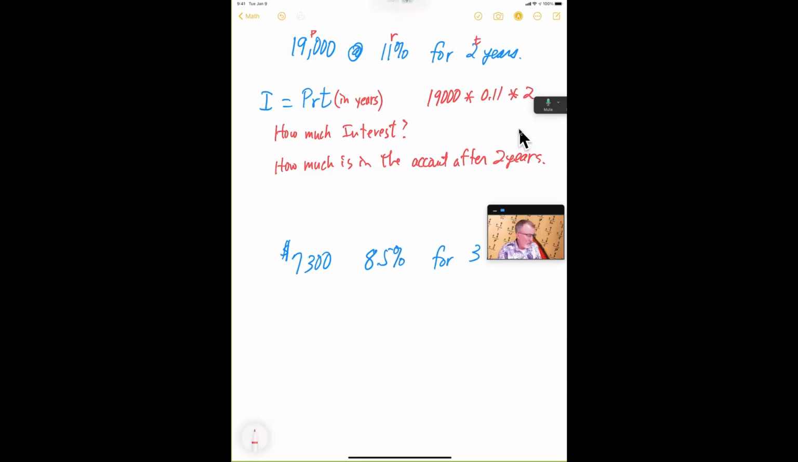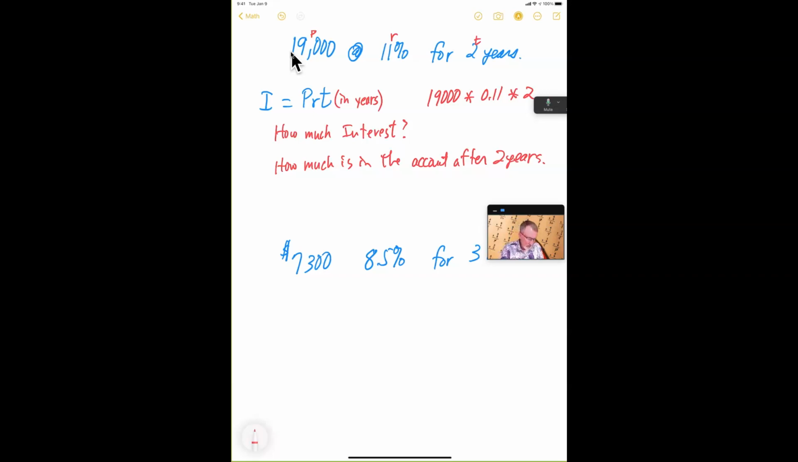And this is similar to calculating a commission or sales tax. So get your calculator, turn it on. I recharged mine. I put it in the sun. 19000 times 0.11 times 2. I got 4,180. So if we just round this, 10% of 19,000 would be $1,900. And that's for 2 years. So it would be close to 3,800 if it were 10%. And since it's 11, it's going to be slightly higher. So I got 4,180,